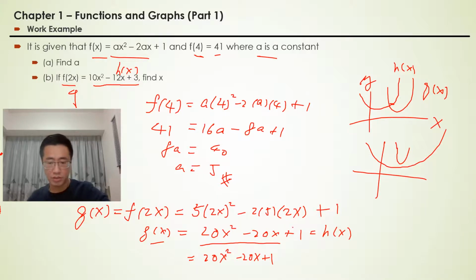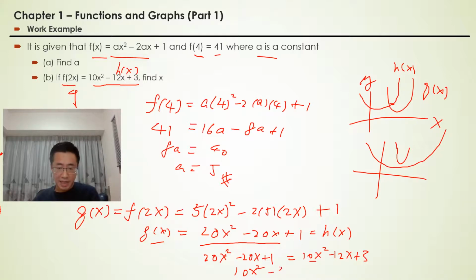g(x) equal to h(x), which is the ... plus 3. So immediately you can do the calculation here, do the common calculation on the same terms, like 20 minus 10x to the power 2, which is 10x^2. Very easy. And then minus 20x here, and then here is minus 12x. The result is minus 8x. And then here obviously for the constant term, which is minus 2.